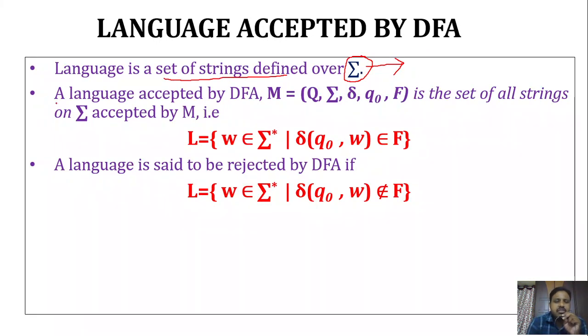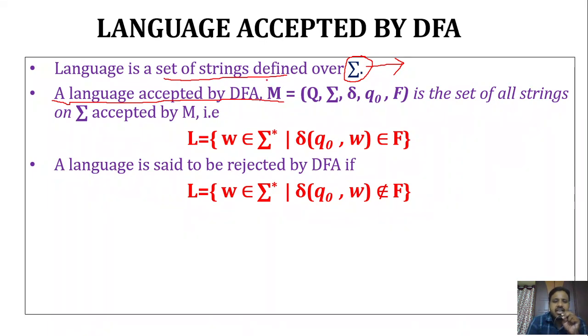Now, when can we say that a language is accepted by a DFA? To represent it mathematically, we are going to use a notation. So just try to understand the notation to represent the language accepted by a DFA. As we just discussed, a language is a set of strings. So how do we represent a language which is accepted by a DFA? For that, the language accepted by DFA M = (Q, Σ, δ, q0, F)